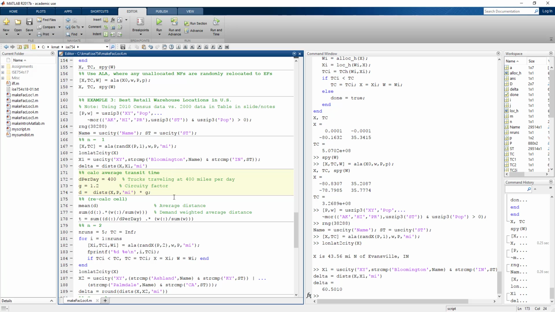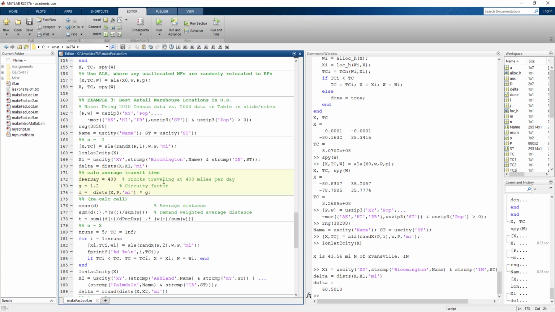So to make it into a number that makes more sense, we can take the location of the different 3-digit zips from the allocated distribution center, and then using the population allocated as a weighing factor, we can determine what is a weighted distance from that distribution center to all of the 3-digit zips allocated to that distribution center. So that gives us an average distance, and then to take that average distance and convert it into time,